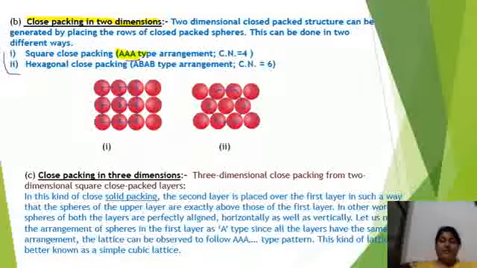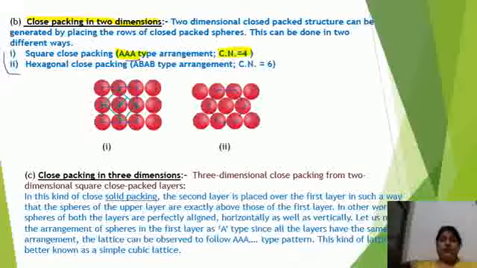Now suppose I have taken this one. It is connected with 1, 2, 3 and 4. सिर्फ touch 4 हो रहे हैं. These are not getting touch with this. इस एटम से टच 1, 2, 3, 4, ये 4 ही एटम हो रहे हैं और कोई एटम इससे टच नहीं हो रहा है. Hence the coordination number will be 4.